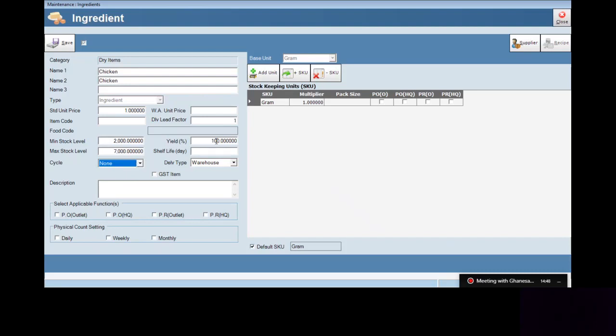Yield means that whenever we purchase chicken, we normally won't use the skin and leg and so on, which we normally call wastage, but it's not actual wastage. We can set the yield as the actual meat that is going to be used by the kitchen and kept in stock, or before the chef starts cooking. The yield can be set as a percentage estimation. For example, the purchase is 1 kg of whole chicken.